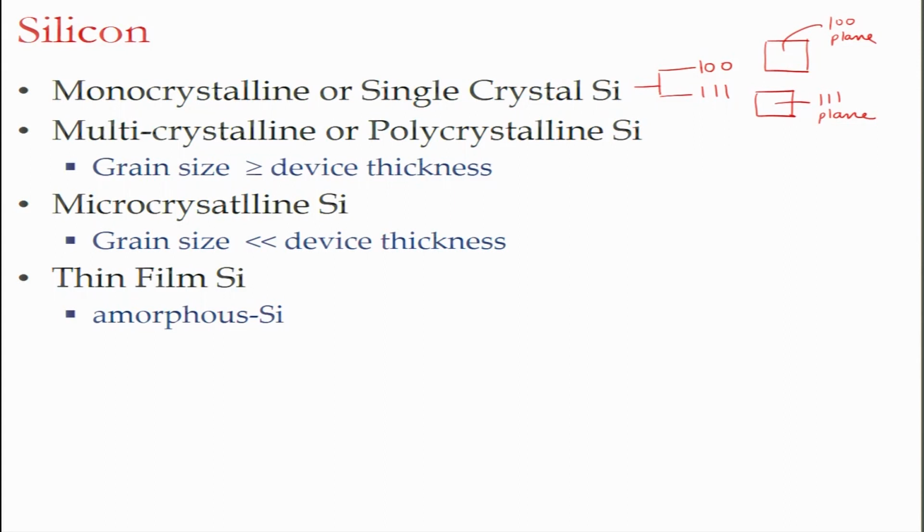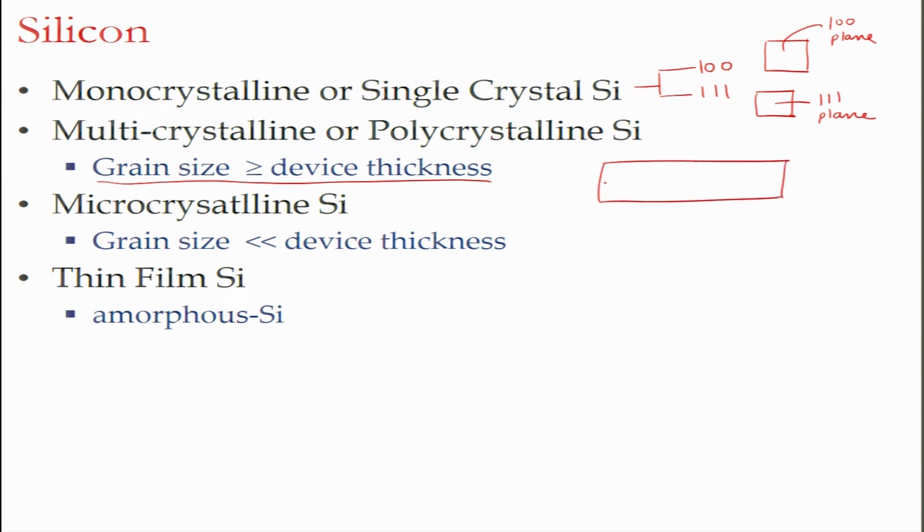And the other case could be multicrystalline or polycrystalline silicon, where there are grains. So, this has no grains, this has grains. The grain size, however, is generally bigger than the device thickness. So, this is a condition which minimizes the loss of current or loss of performance of polycrystalline, otherwise there will be huge loss in terms of current. So, essentially you are looking at a configuration like this.